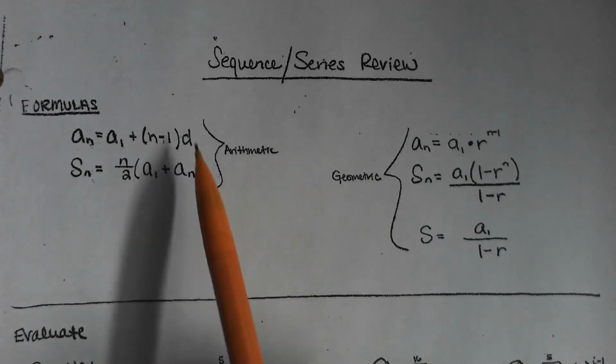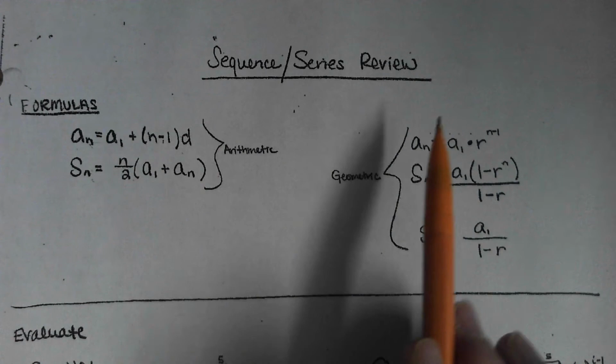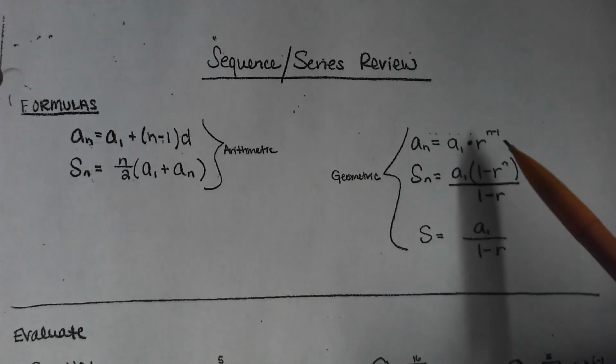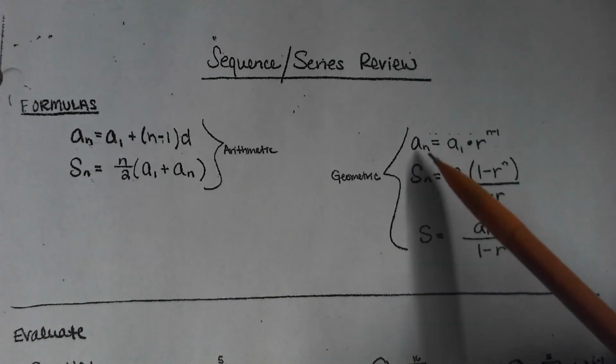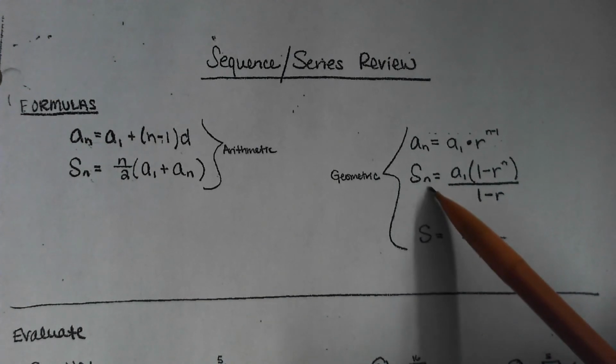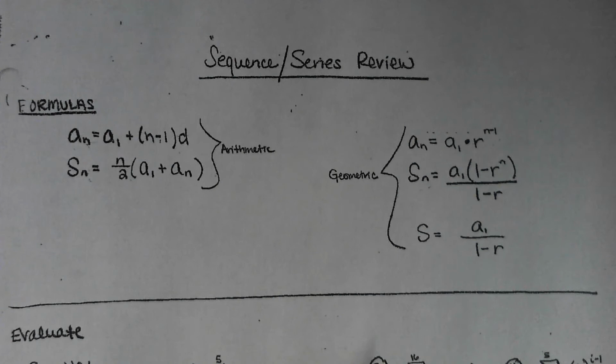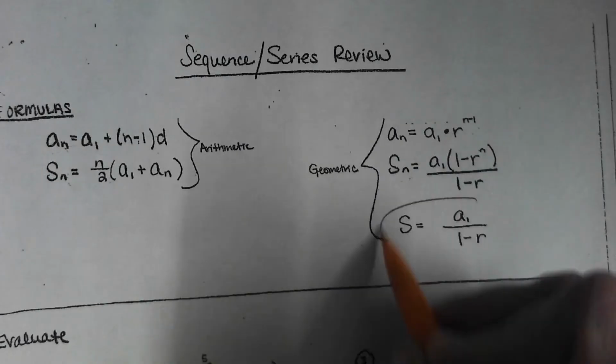Okay, so know the difference between a sequence and a series, and then the arithmetic version versus the geometric version. For a geometric sequence, if you want the fifth term only, you use a sub 5. If you want the sum of the first 5 terms, you use the series formula. And then this one is your infinite geometric